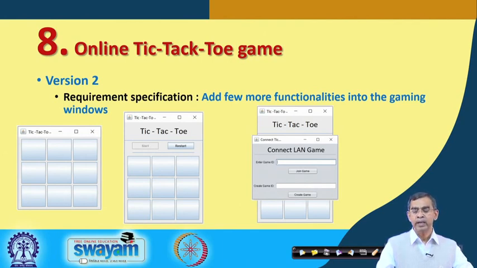Now, if some user is already working on that, then the same game ID can be used. Suppose player X is already active, then the game ID is X. Otherwise, if you want to create the game from your side only, you can give your own game ID. That game ID will be available to all the users connected in the net, and then they can select with whom they want to play.